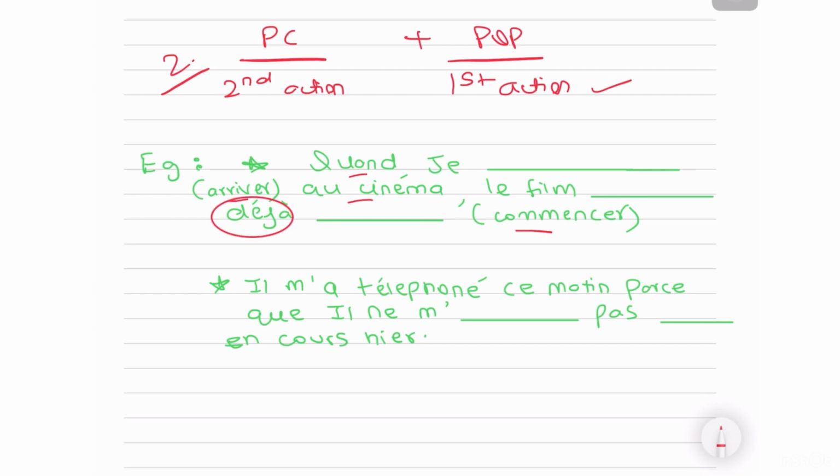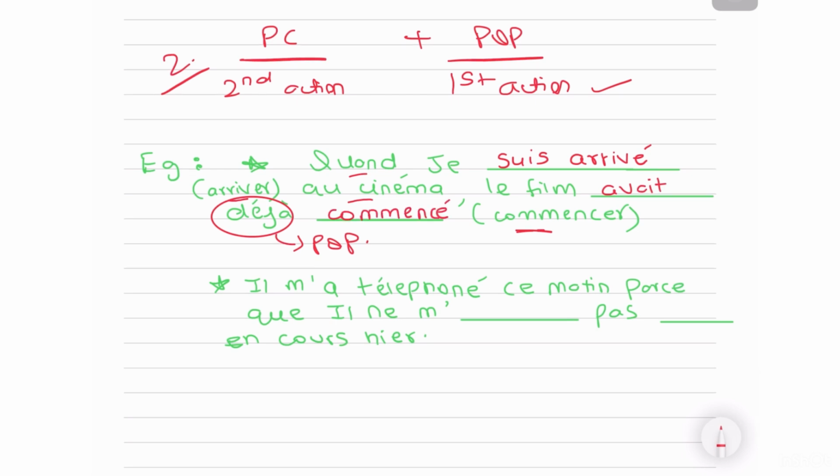Okay, whenever you see déjà before a blank, right, that means something had already happened, right? That is a very strong indicator of your plus-que-parfait tense. Okay, that means here the film had already started when I arrived at the cinema. So first one will be passé composé. Arrivé is part of Dr. Mrs. Vandertramp, so I get je suis arrivé. This is my second action. The first action was of the film starting. So this will be commencer, will be done with avoir. Le film, it will be avait déjà commencé.